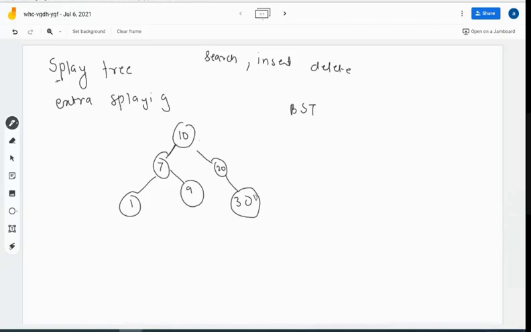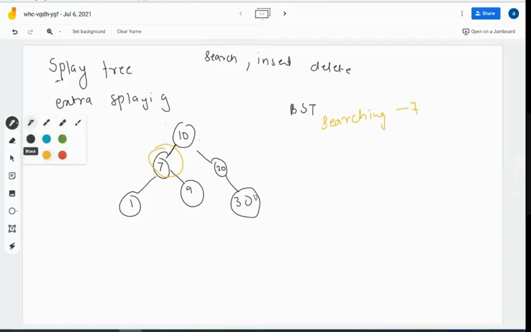Let us say that I have to search 7. So I'll be checking the value of the root, then comparing if the value is less than 10, then it has to move towards the left, and then I will find that 7 is there.